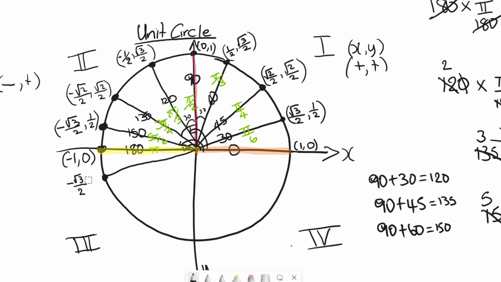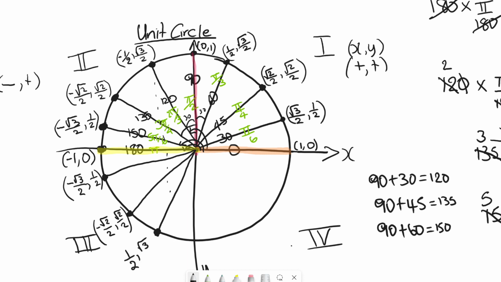And then I'm going to leave a little space here, and you'll see why in a few. Again, we're going to do the same. We have your middle angle. That's going to be reflecting my middle angle at the top. So this is going to be negative root 2 over 2, again root 2 over 2. And then the last one is going to be reflecting the one at the top here. It's going to be coming all the way down to this one. So that's going to be 1/2